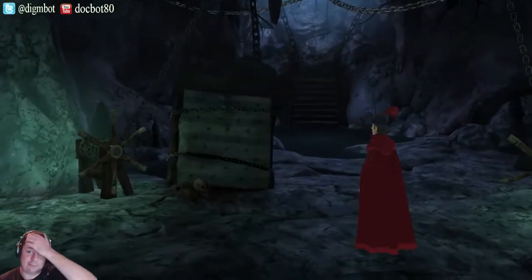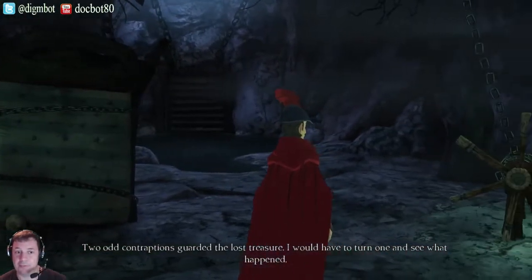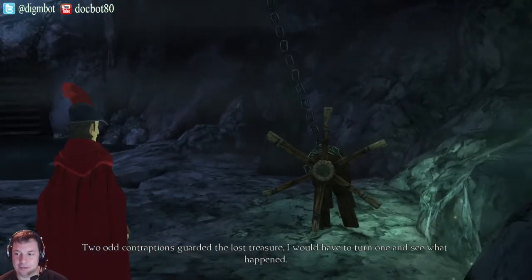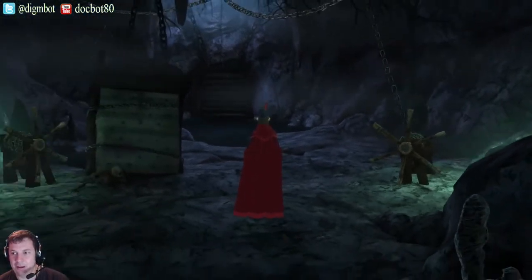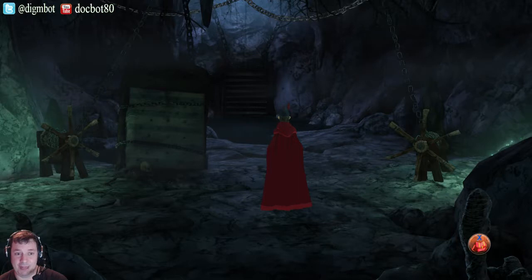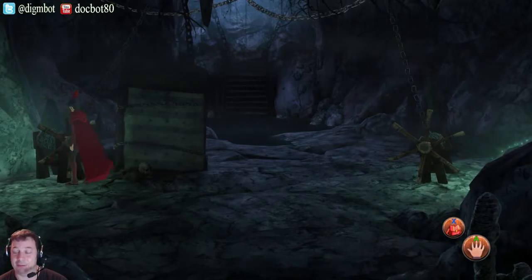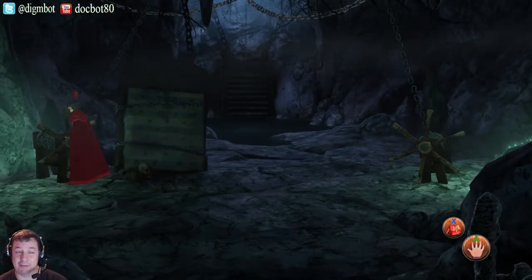Alright, so here's one thing I was talking about. Two odd contraptions guarded the lost treasure. I would have to turn one and see what happens. So, full disclosure, I've already played all the way through this episode, so this is mainly just to show this to Scarlet and you guys. I know exactly how to solve all these puzzles. This is not the right answer, but it demonstrates my point about one thing I love about this game, which